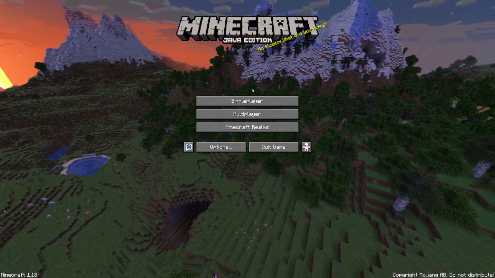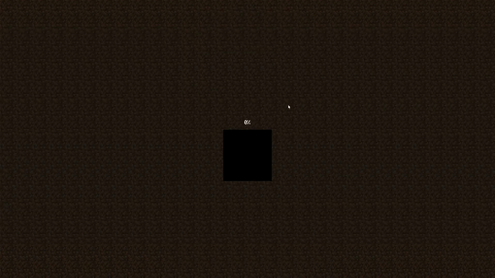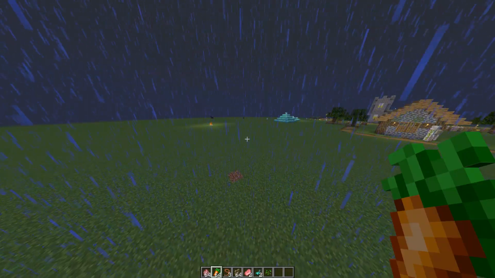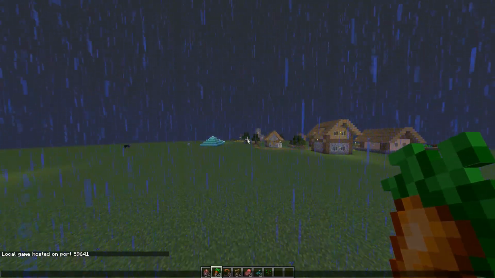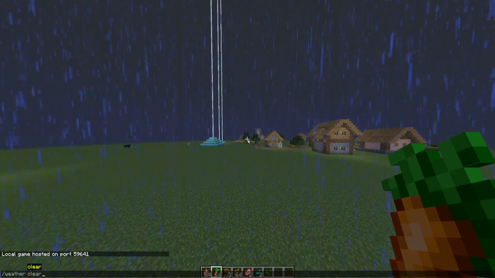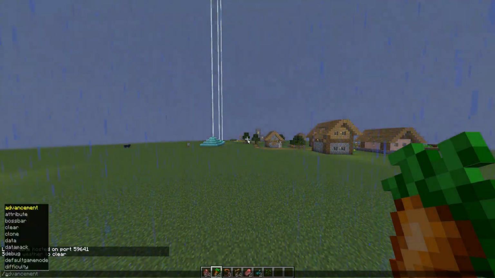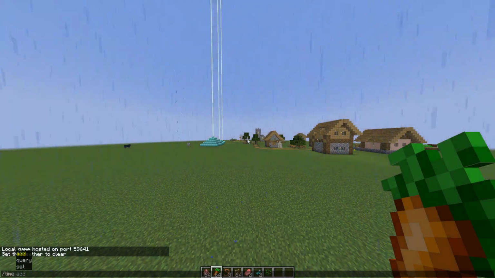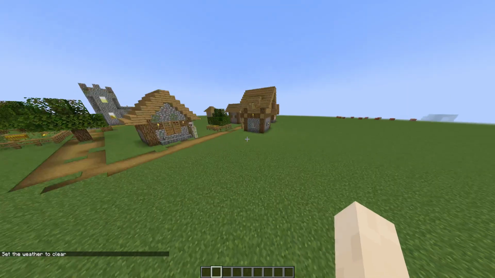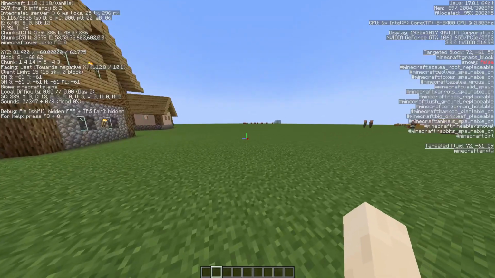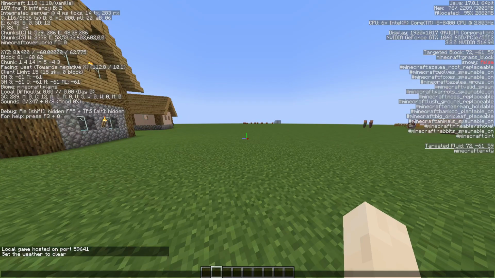Then open your Minecraft single player and let's go join any world of yours. So let's get ahead and first thing I want to clear the weather because I don't like it to be that way. So /weather clear and /time set day, which is already the time. Okay, that's nice. So what you could do is click F3 just like so, and you will be able to see here the coordinates of your